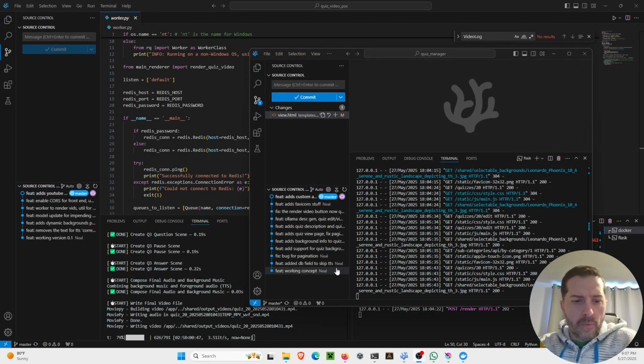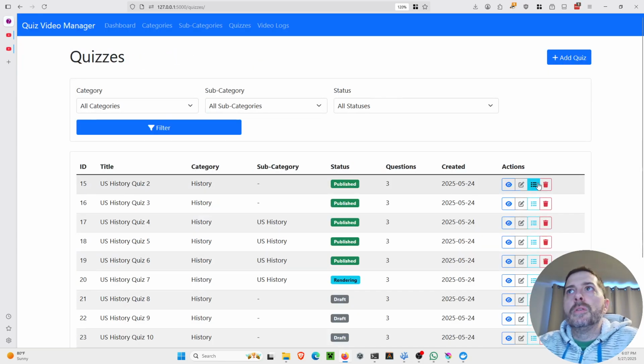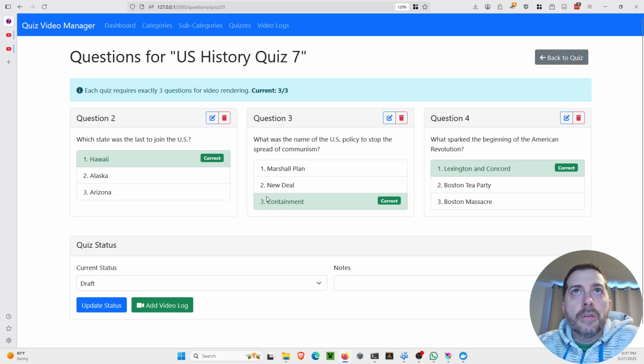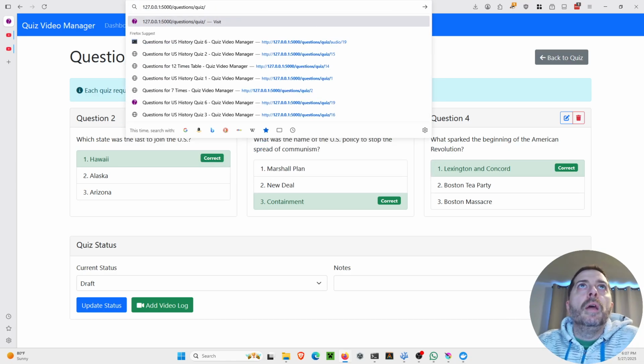Let's look at some of my Git history real quick while it's finishing the render. Let's switch back over here. We do have this view, not this one. So let's go back to quizzes, and you can actually see the questions. I do like the TTS with ElevenLabs. Granted, even some of them sound better than me, but I did go in and I made a